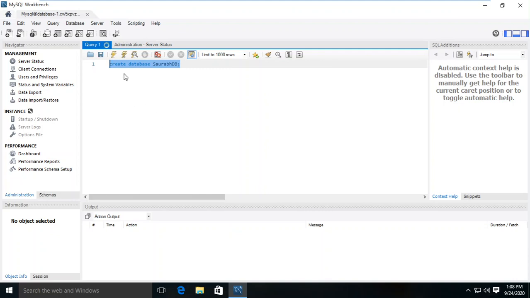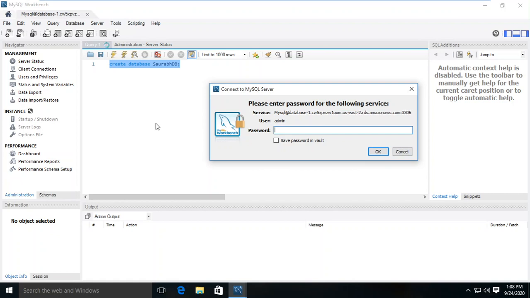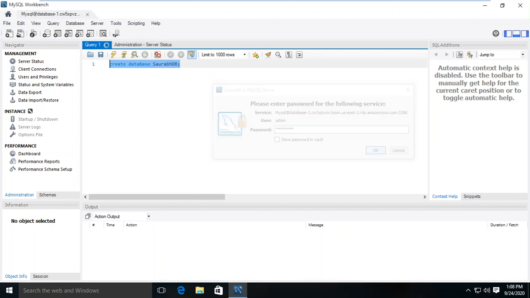We can type multiple commands at a time, and we will be able to select them all. But all these tasks, creating a database, creating a table, inserting data, are not the IMS teamwork, the one which we are learning as a solution architect. Your task is just to have the, actually it is asking me for the password. So let me put it once again. Then it will be able to execute.